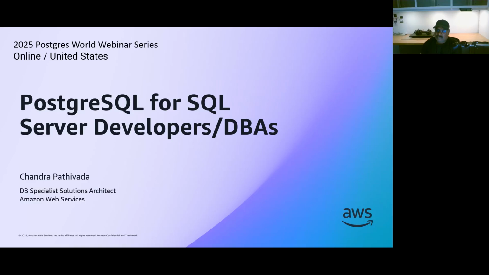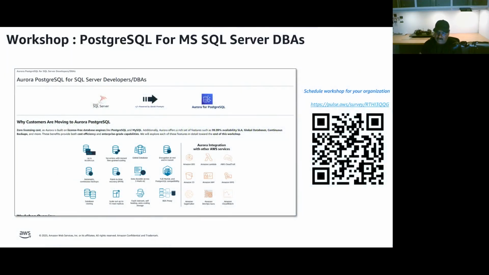Here we also want to share an update on a free workshop that we offer to our customers from AWS. It's called Postgres for SQL Server DBAs. This workshop has 22 modules, including modules on development, architecture, performance tuning, and how to make precise GenAI prompts for code conversion, along with options to migrate and support programs from AWS to accelerate your migrations.